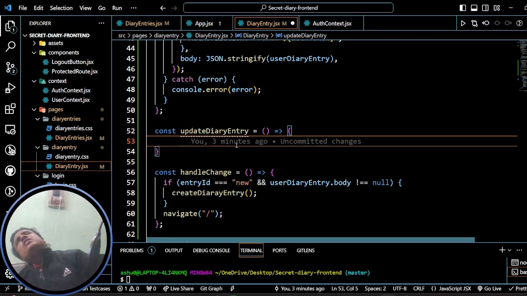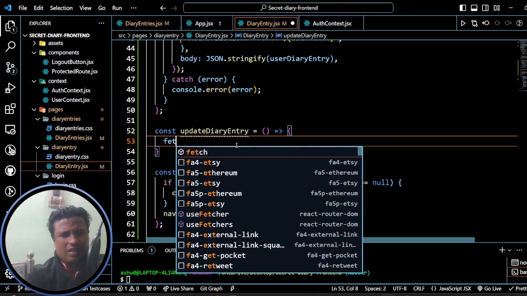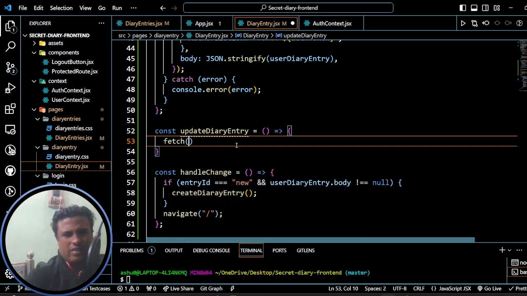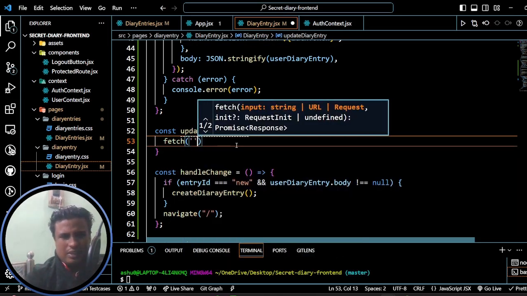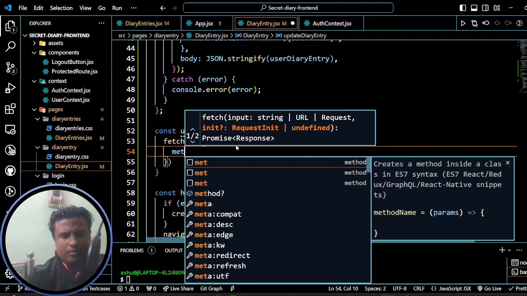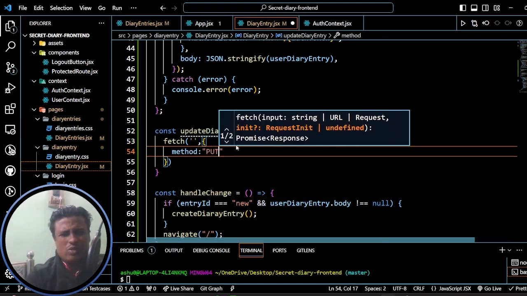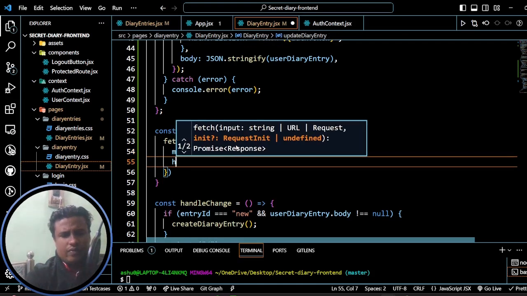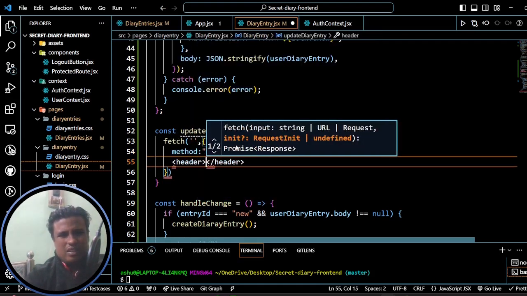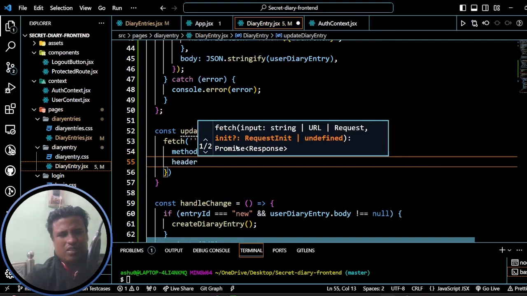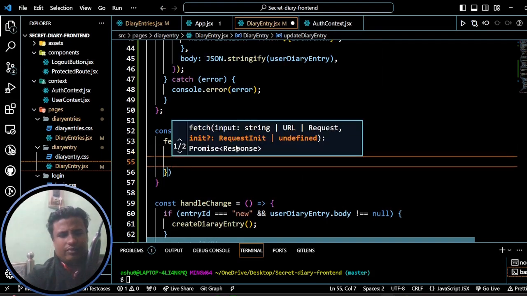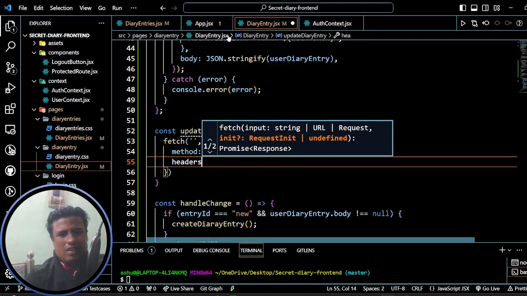For that purpose we just need the id, and we don't need to get any response. Just do the fetch. The method is the PUT method, because we are updating it, and headers equal to